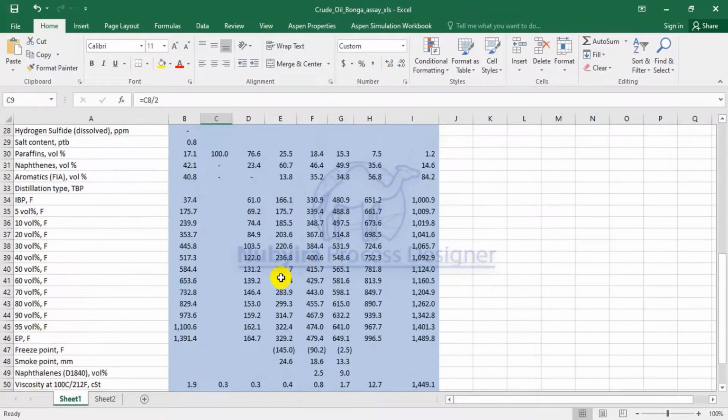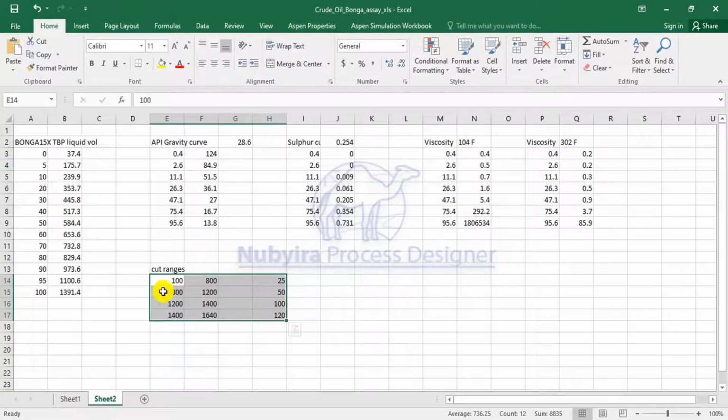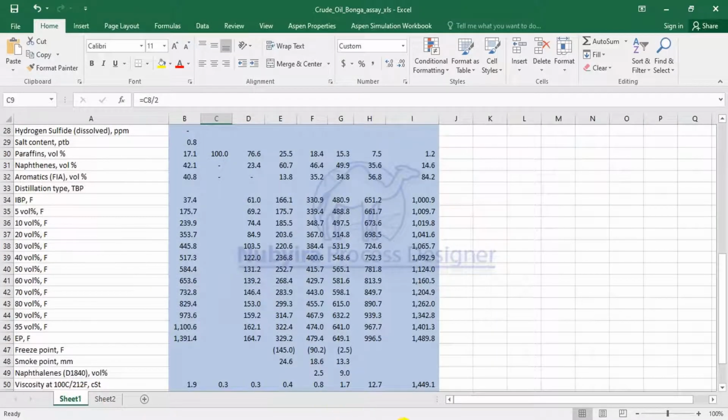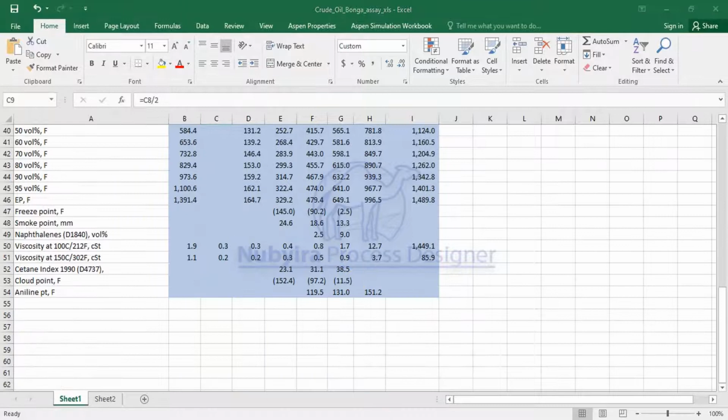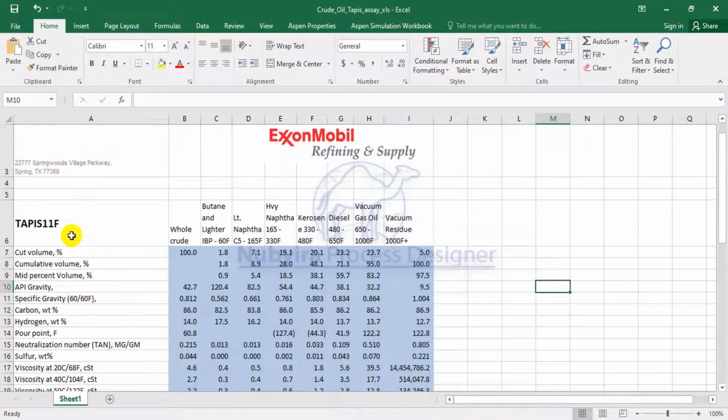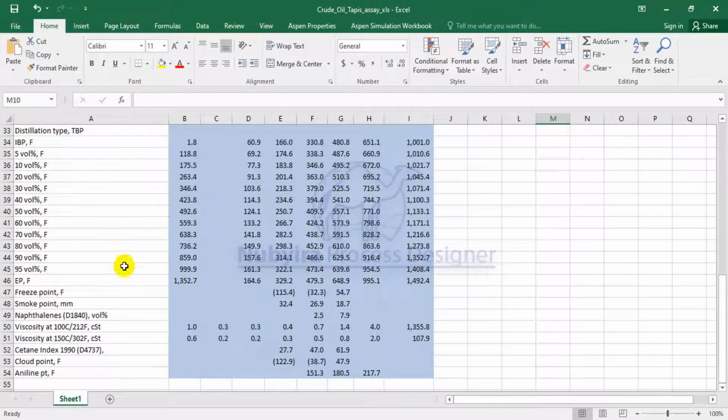So we have this boiling point. I have to copy it and send it to the sheet so that it will be easy for me to send. So for this is another crude, Bonga 15S. This is like a medium crude that I'm using for the medium crude. This one I want to be using for the light crude, because this is very light. You can see the last boiling point is